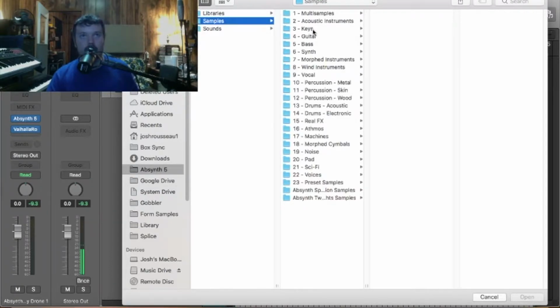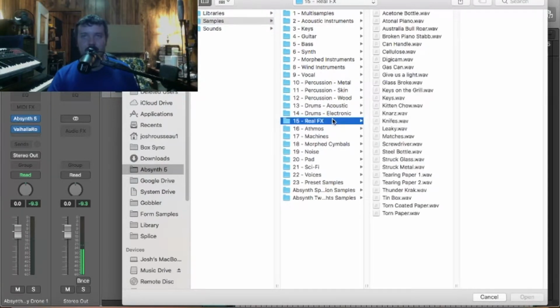Yeah, okay, cool. So I save my Absynth samples to this side just so that I can find them. I have the same thing with Form. I've only used Form just a little bit. I probably need to go back and learn Form, but I haven't messed with it in a while. So I was in Real Effects over here, and I was just listening through some of these